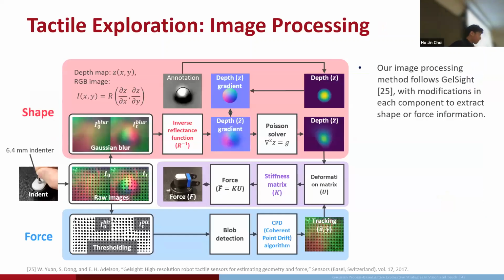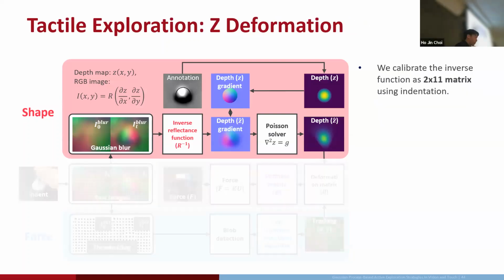And then if we do image processing following the GelSight paper, we can get the shape information and also the force information using a tactile sensor. So we largely follow that paper, but we made some changes in the parts that I highlighted with the color titles, which I'm going to discuss one by one. So for the shape,